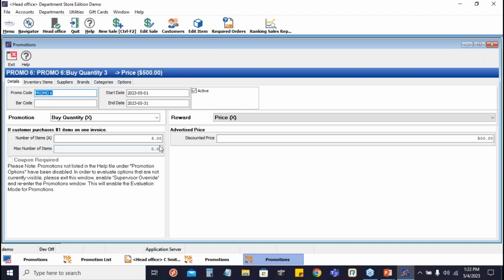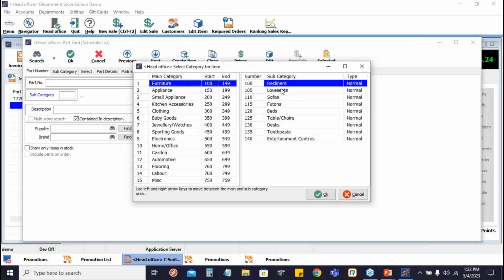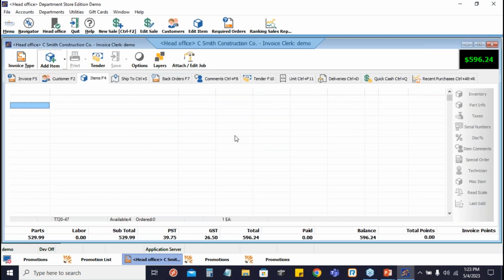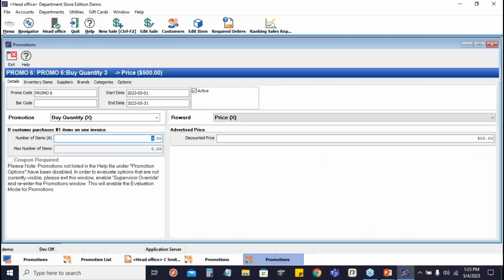Oh, sorry, it's number of items. Okay, 3 items, so we have to select three. So the maximum items should be 3 items. So let's add 2 more. There we go. So in here, I set up three number of items for this reward